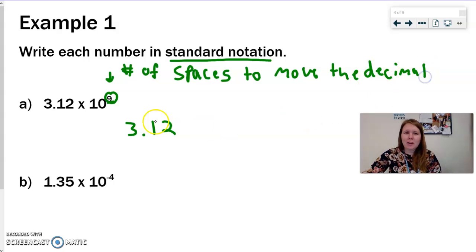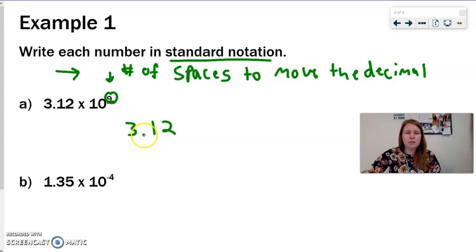It is a larger number, so guess what? I'm going to move it to the right. I want to make this number bigger. So I'm going to move it 9 spaces. And right now, it's easy to notice I can move it 2, but I can continue moving it and just